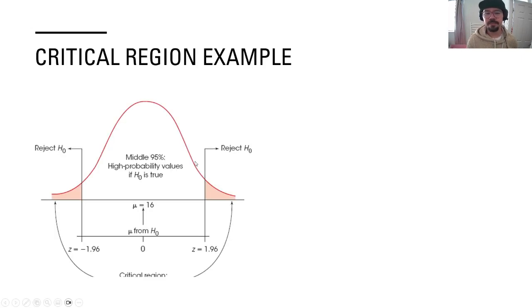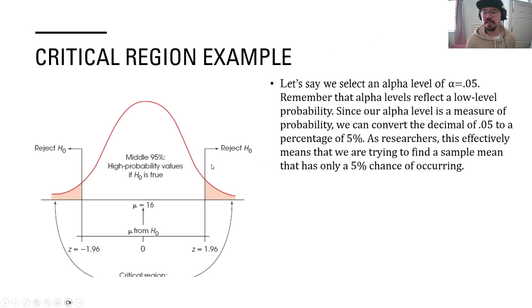As far as an example, I've provided one here. I decided to give you the examples earlier, 2 slides ago, but this information here effectively communicates the same ideas. Let's say we select an alpha level of 0.05. Remember that alpha levels reflect a low level probability. Since our alpha level is a measure of probability, we can convert the decimal of 0.05 to a percentage of 5%. As researchers, that effectively means that we are trying to find a sample mean that only has a 5%